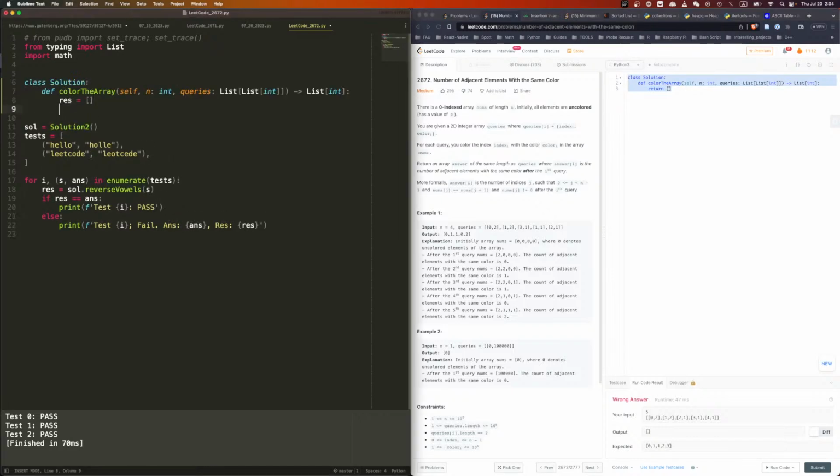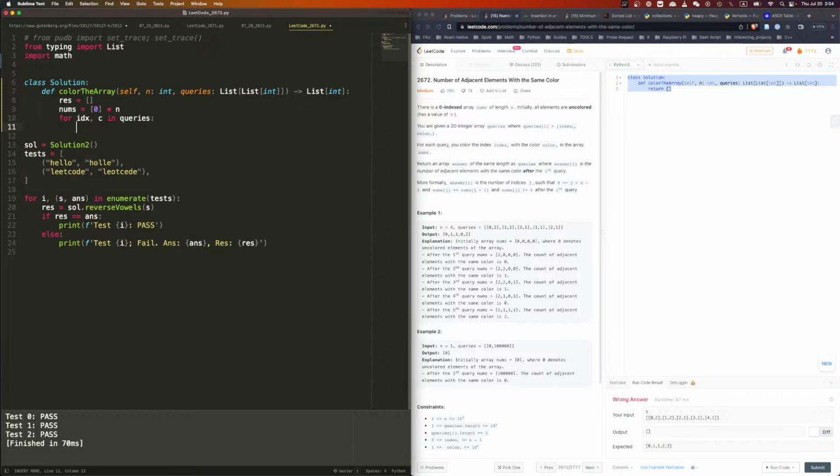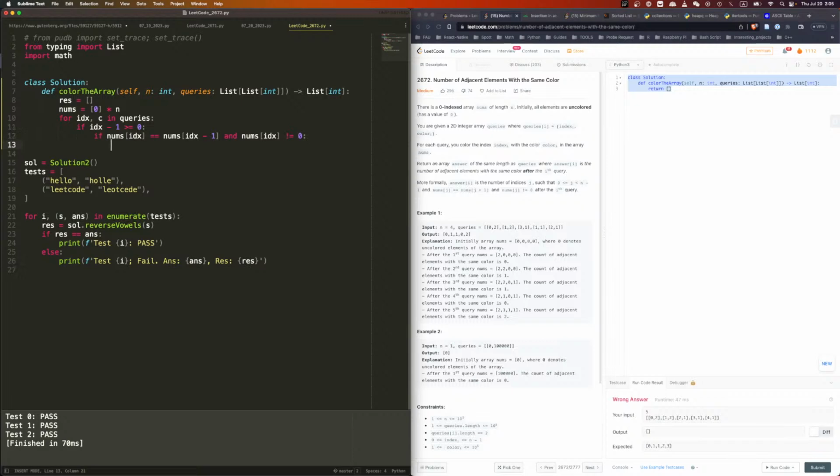We do a result, and we have to do the nums, nums times n, and then for index, color in queries, we first find out if index - 1 is larger or equal to 0, and then we need to check if nums[index] is equal to nums[index - 1], and nums[index] is not equal to 0. If that's the case, then